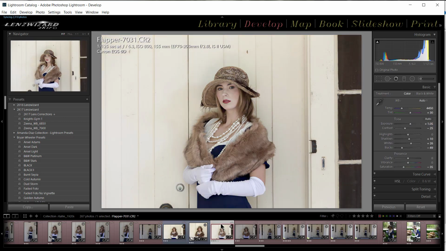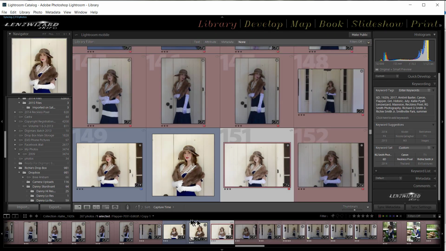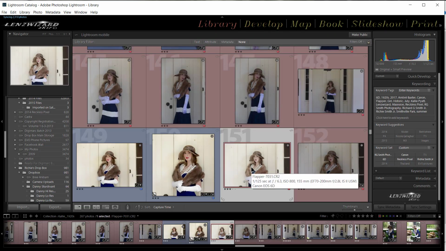So now let's go through the workflow, and the only way I can show it to you is to show you my workflow. Maybe you will have a different one, but for me, this is how it all starts. To make it easy to do this, what I think is easy, I take the SD card out of the camera with the images, and I'm ready to upload them. I put it into the card reader, the dock, whatever, the slot in the PC,